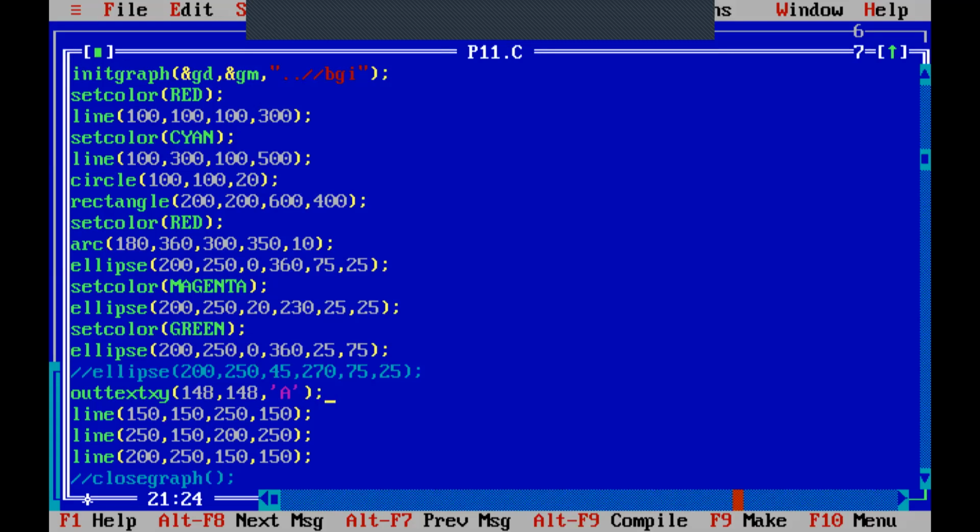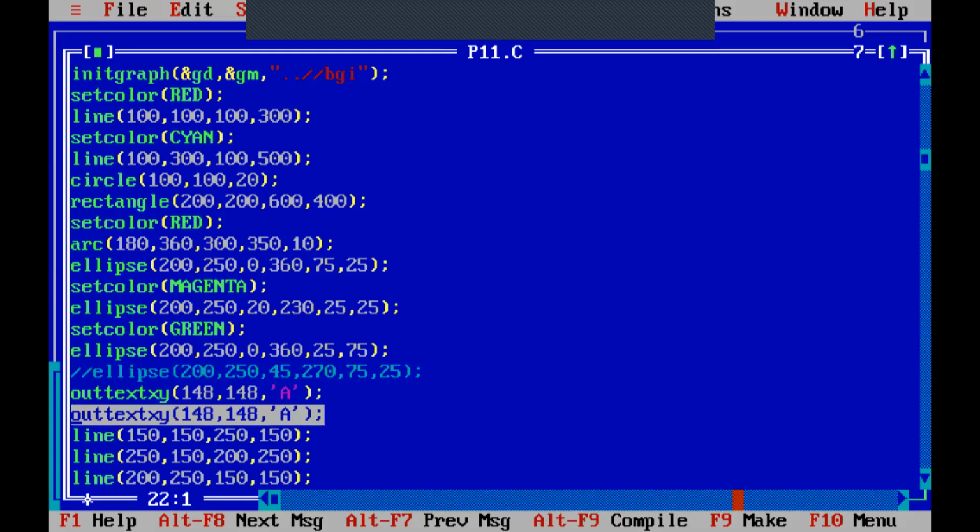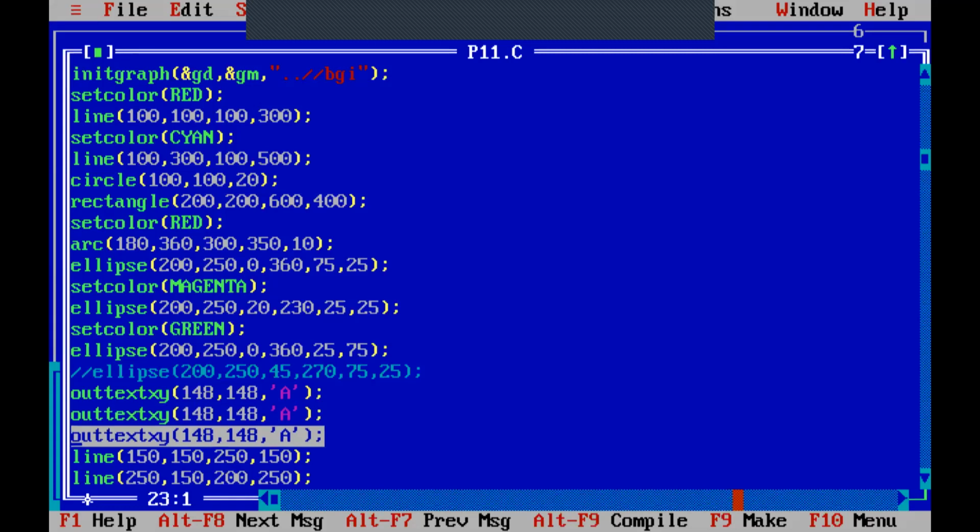Then the second point B is at 250, 150. For that, I will again make some modification.